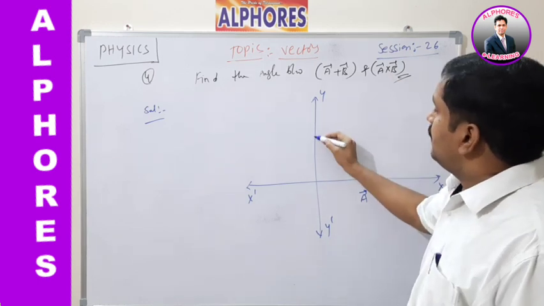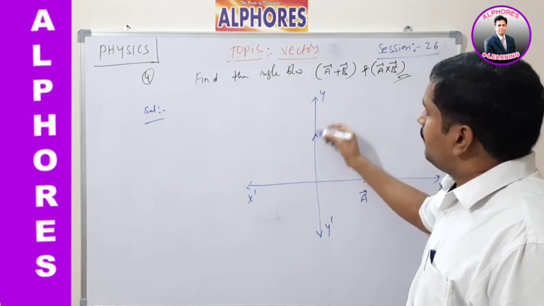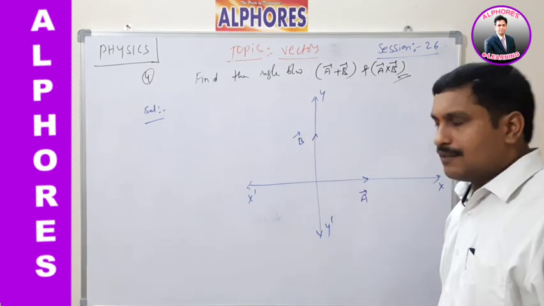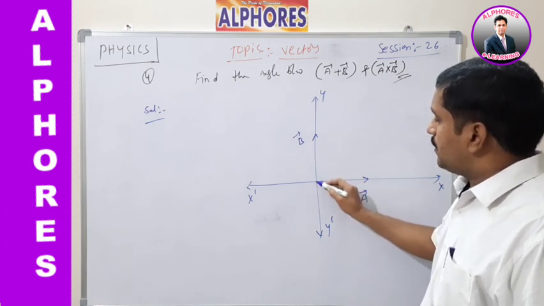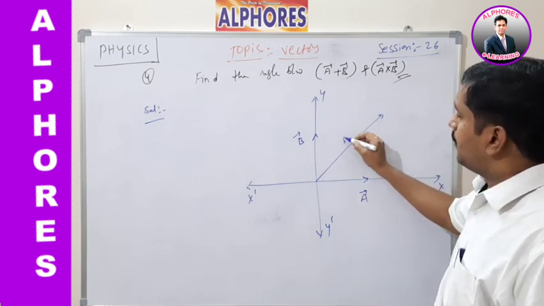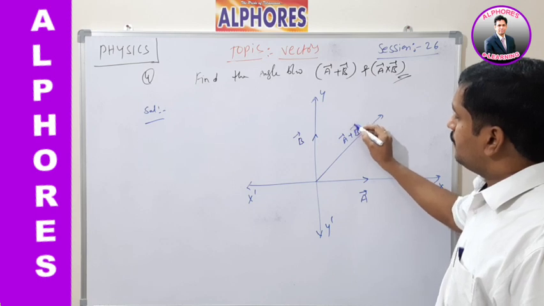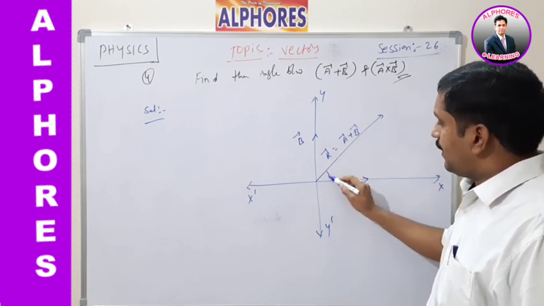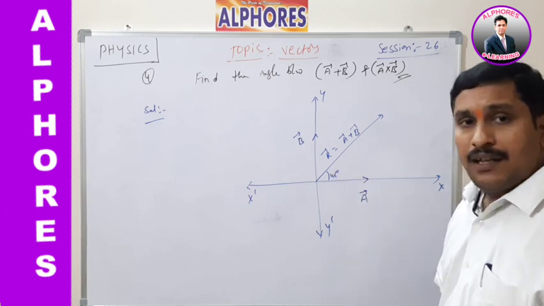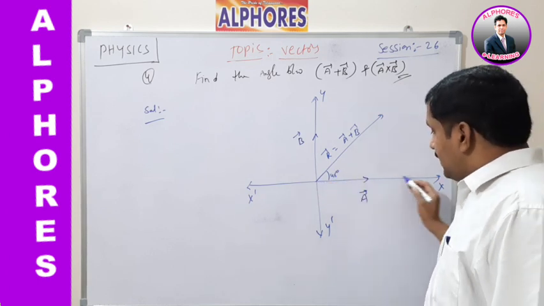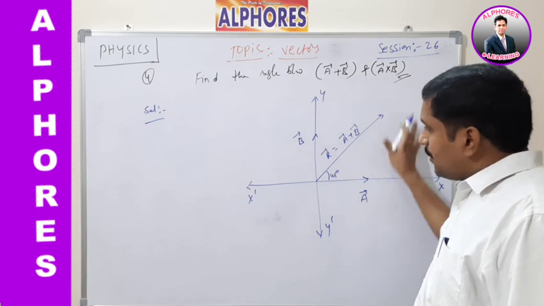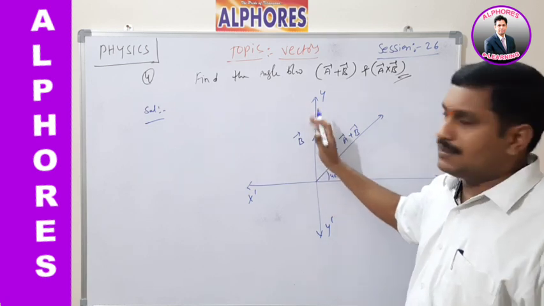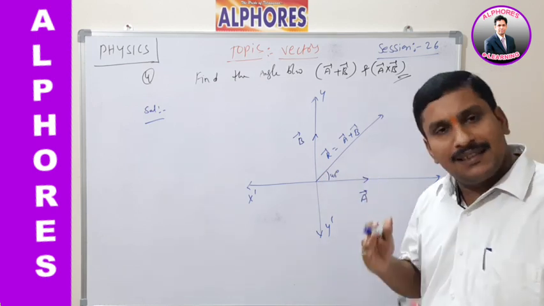Now please tell me. Let us say I am taking this as the b bar vector. For better understanding, this b bar is along the y direction. These two are perpendicular, so what is the resultant here? This is a bar plus b bar. We know already that the resultant of these two vectors makes an angle of 45 degrees. That means a bar and b bar are in the xy plane. One vector, a bar, is along the x axis, b bar along the y axis, and the resultant is in the xy plane, meaning in the same plane.